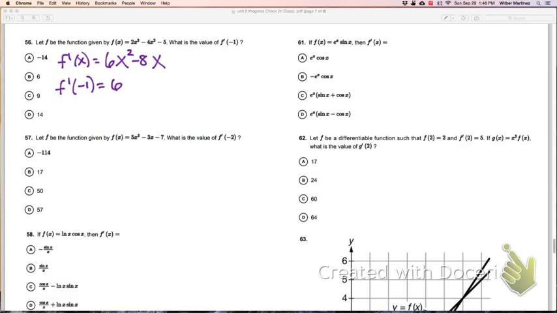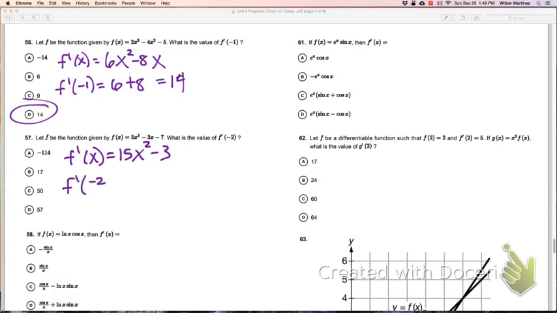Answer choice D. For the next one, they want the derivative at negative 2. So f prime of x is 15x squared minus 3. If I plug in negative 2, f prime of negative 2 would be 15 times negative 2 squared. That's 4 minus 3. 15 times 4 is 60. So 60 minus 3 is 57. Answer choice D. For the next one,